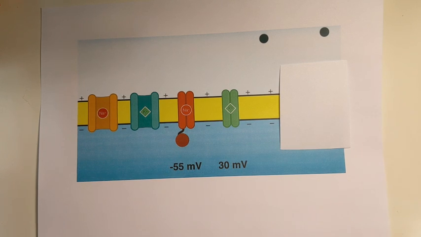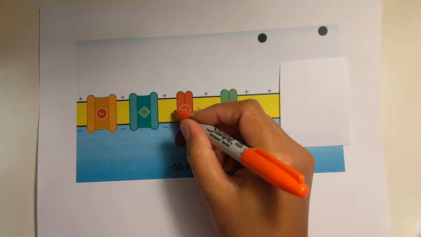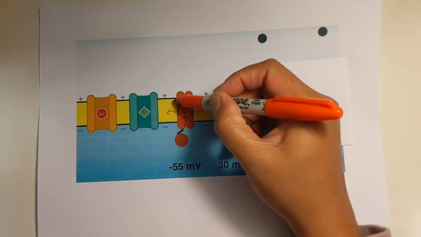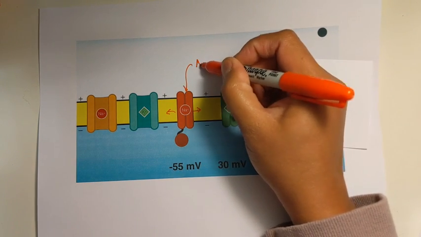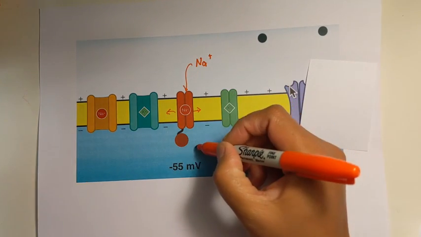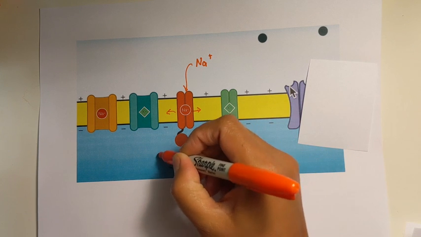Its threshold is negative 55 millivolts for it to open, and when it does open, it goes like this, right? It opens like that. So this thing opens, and a surge of sodium ions go in. So there's going to be more sodium ions inside,